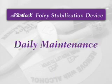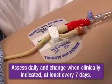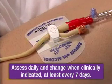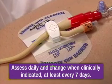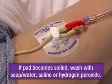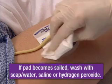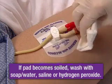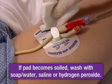Daily maintenance of the STATLOCK stabilization device is important. The STATLOCK stabilization device should be assessed daily and changed when clinically indicated, at least every 7 days. If the pad becomes soiled, wash with soap and water, saline, or hydrogen peroxide. Do not use alcohol or prepackaged bathing systems, which could lead to